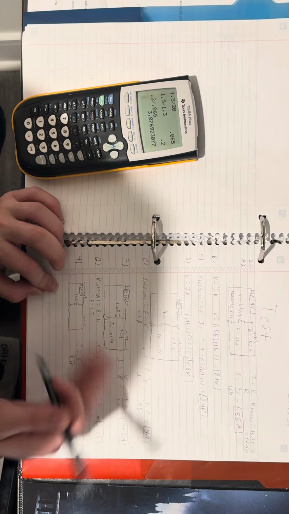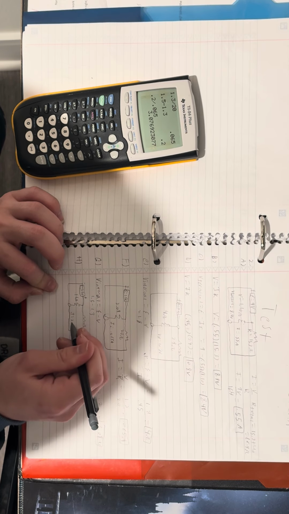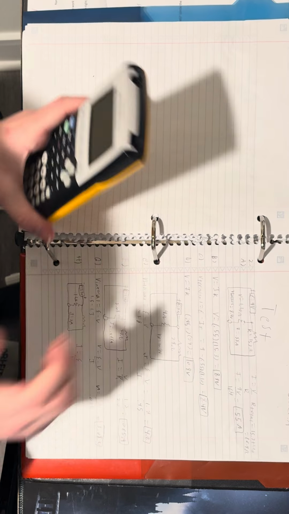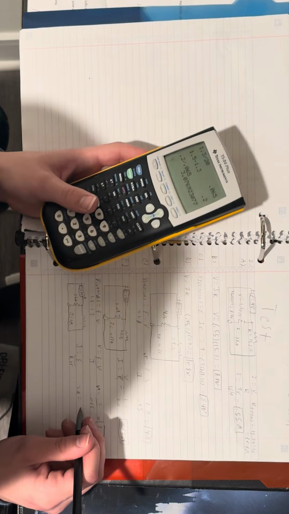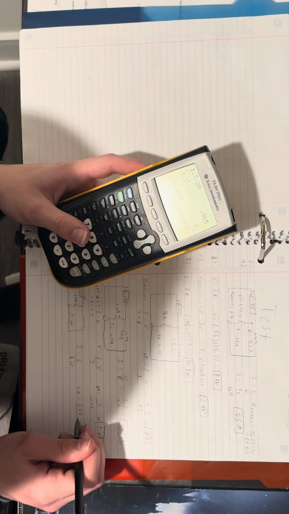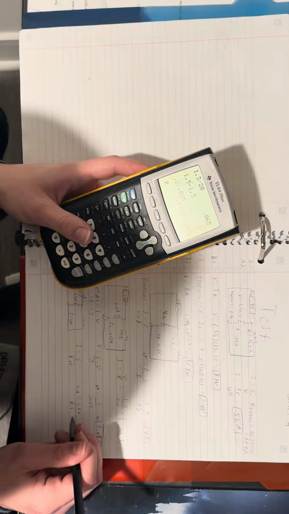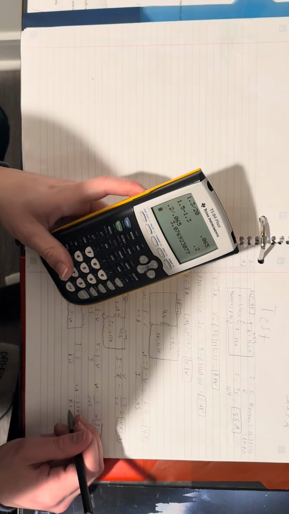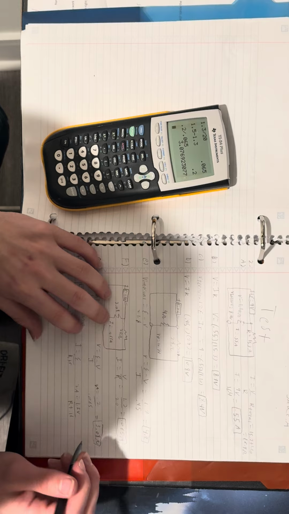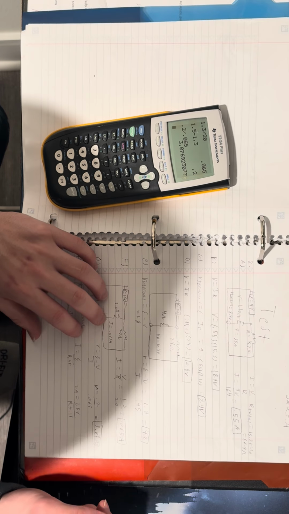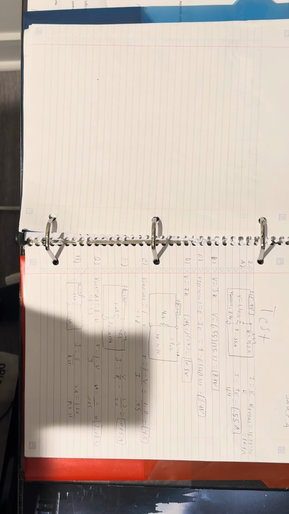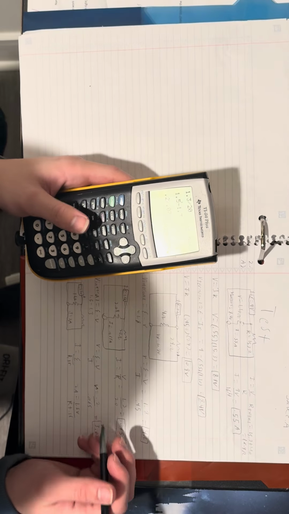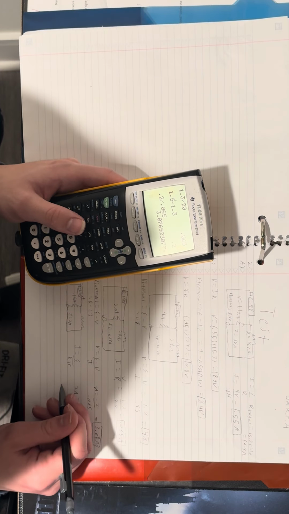Because we are also given the current, equals 2 A. So 2 A equals 1.5 V over R plus 0.16. Well, first we have to move stuff over. So we're going to do R